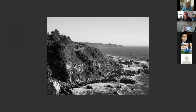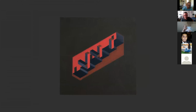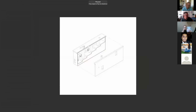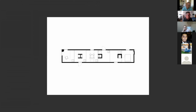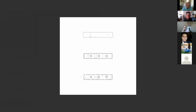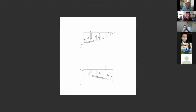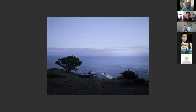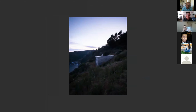An overall black and white view of the site. There's the little tiny house in this cliff. These are some axonometrics that were done. And then a lot of moody views of this. This is on the coast of Chile. I think we've got something from almost every continent for this particular project. It wasn't my intention, but